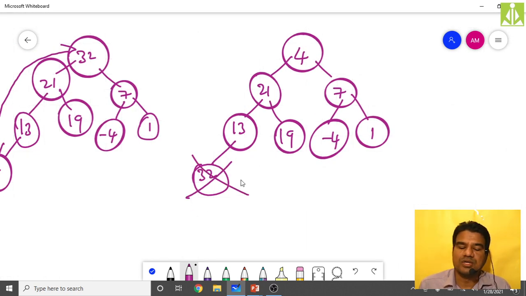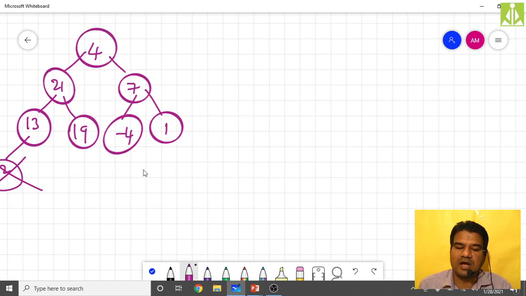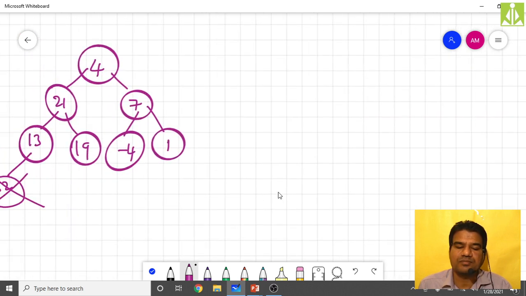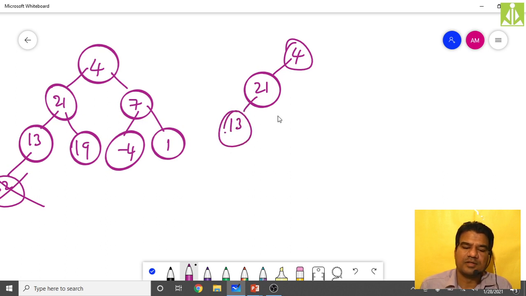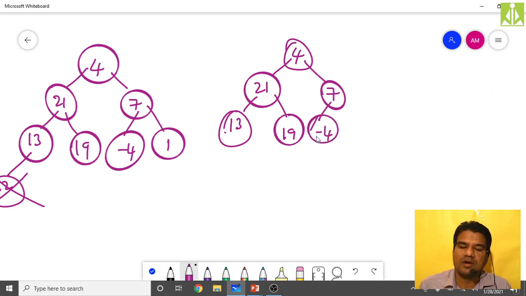After deleting, you will get like this: 4, then you have 21, then you have 13, this side you have 19, and this side you have 7, this side you have -4, and this side you have 1, like this you will get after deleting 32.